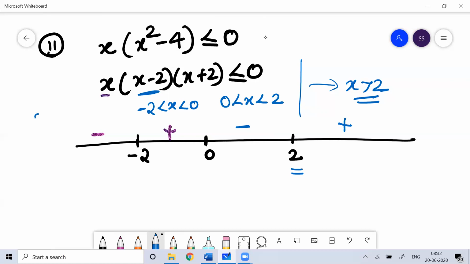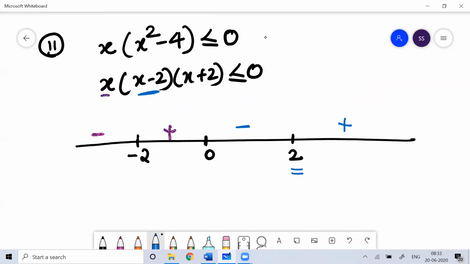Now here, if you think of any value of x less than -2, it doesn't matter. You take -3, -10, -10 crore. Doesn't matter. You get a negative value. I hope you understood this. This way, if you apply the shortcut, you can get the answer much faster.